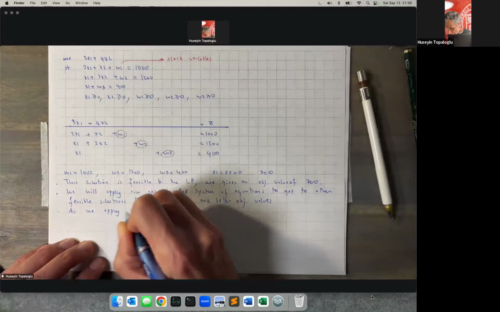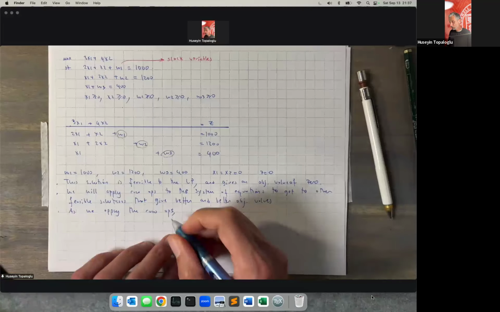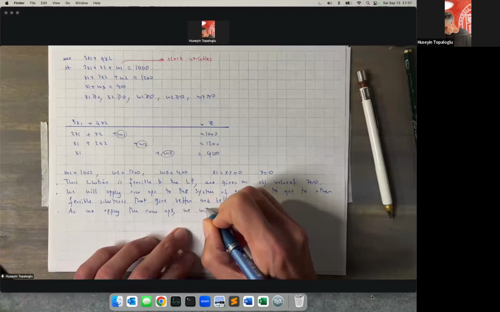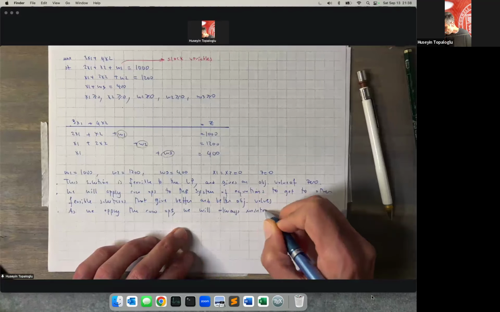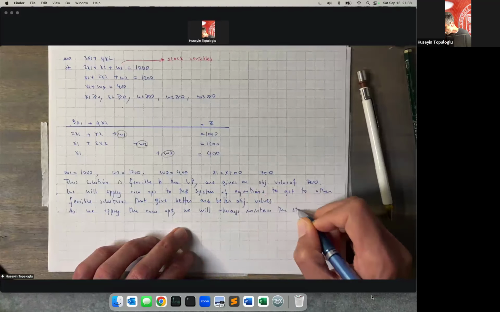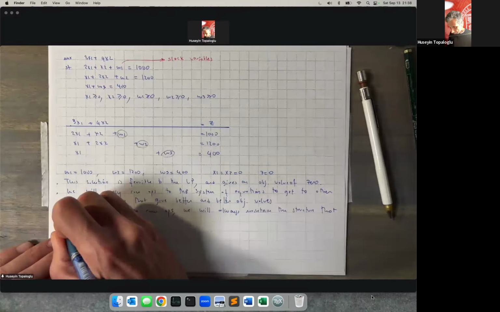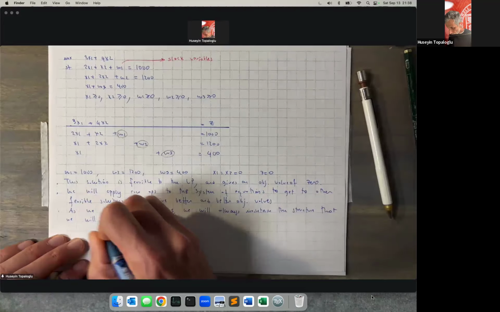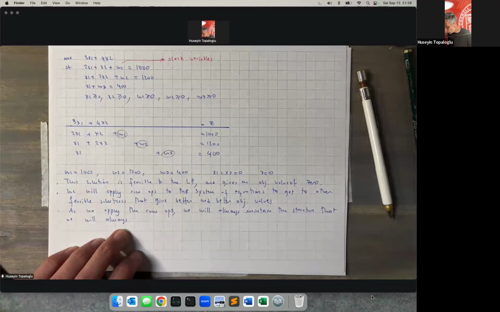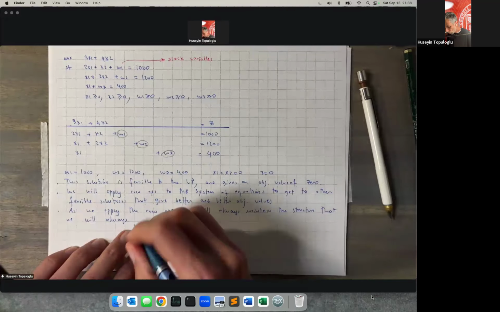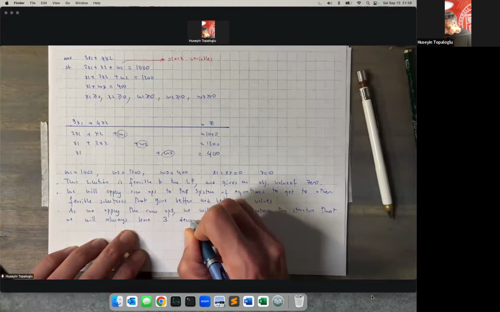As we apply the row operations, we will always maintain the structure that we will always have three decision variables